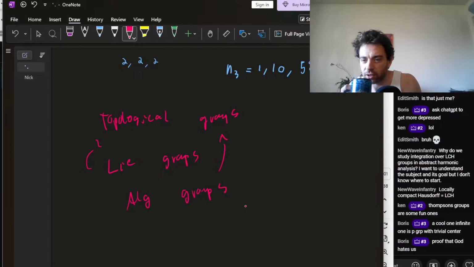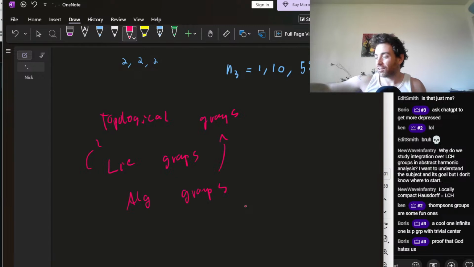A cool infinite one is a p-group with trivial center. Proof that God hates us. Boris, if I make a video on that, I'll make that the thumbnail: Proof that God hates us. Actually, that gives me a good idea for a video. Just like all the ugliest theorems in math. Maybe I should go to Reddit and crowdsource the ugliest results, and then make a video called "Proof That God Hates Us,"